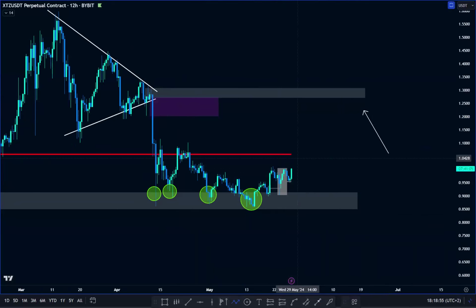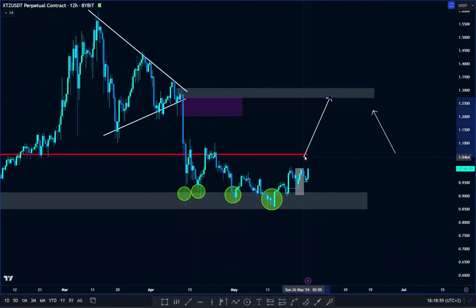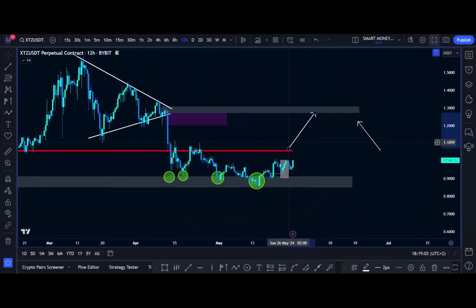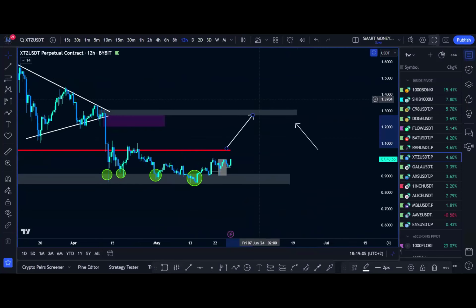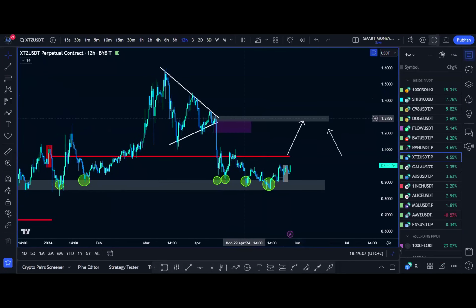So we know when price gets above value, the market makers like to take profit. So there's a big chance they could be driving to this region over here. But anyways, guys, that's just the gist of what I was explaining to you, how to understand how to use